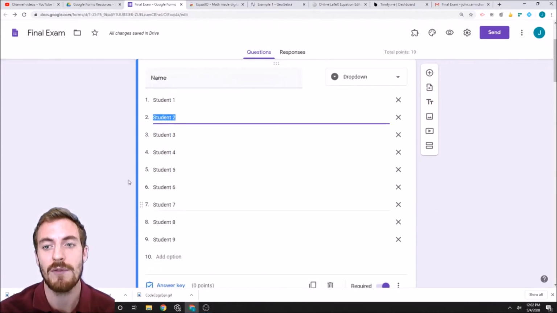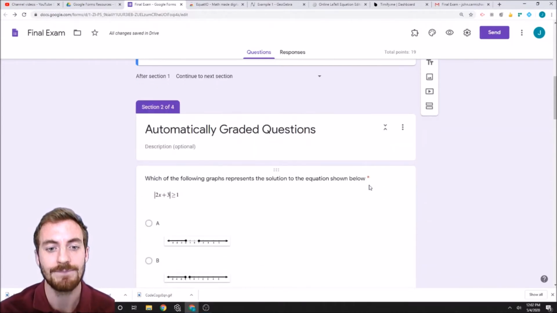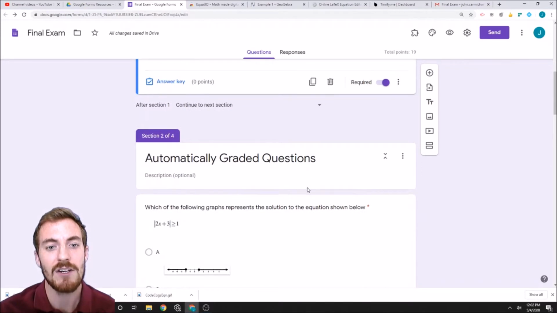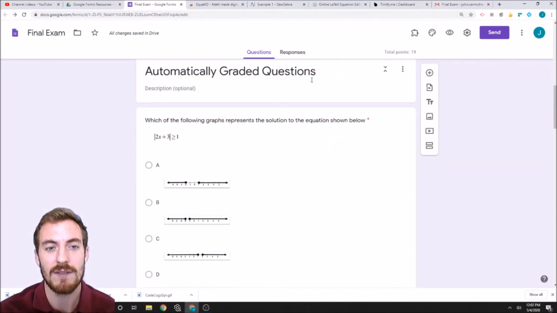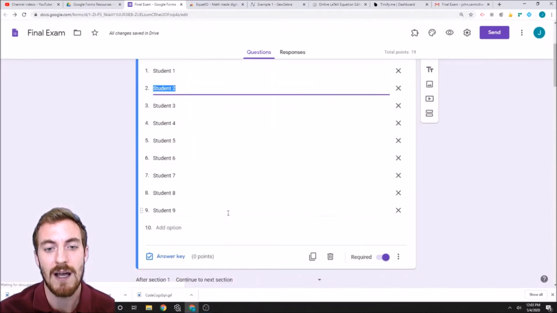The first section, they put their name. But when I want to add a new section, I just press this button and it will add that new section. And if I make a mistake as to where I put it, I can drag and drop that later on. So my second section, I have automatically graded questions. And you'll see in these automatically graded questions, they have to be either the checkbox or the multiple choice option,